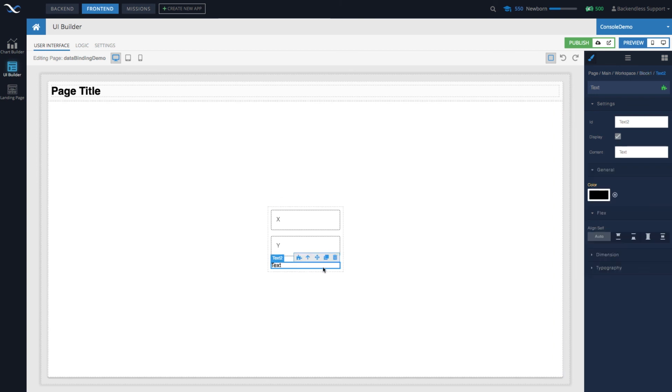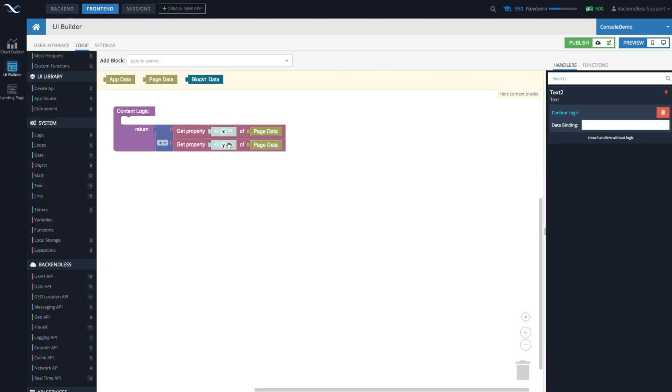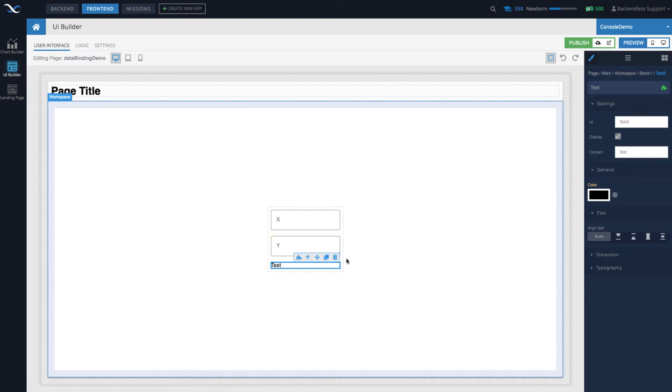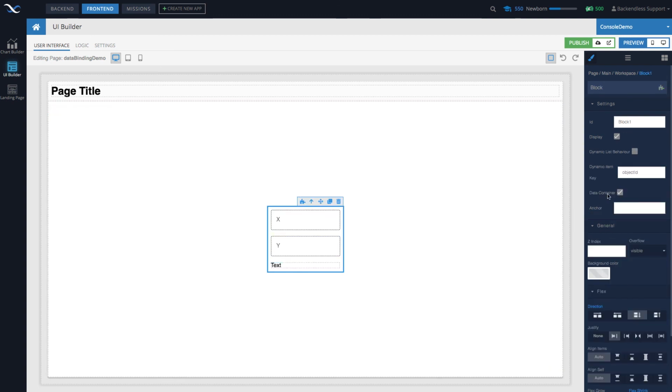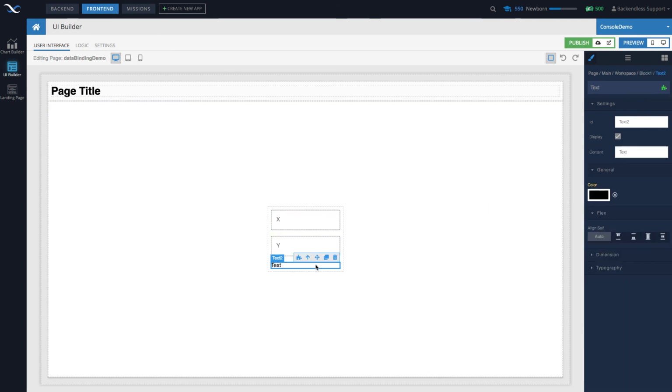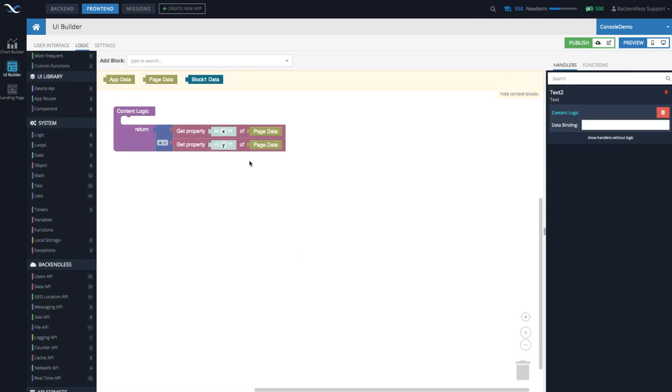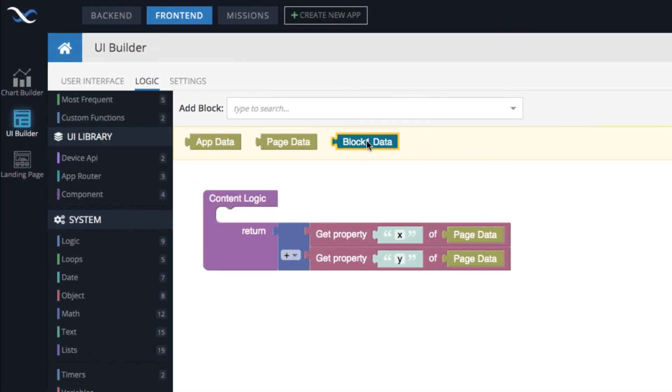In this case, if I were to run this application right now without changing this logic right here, it simply will not work, simply because the values of x and y are sitting in the block. And notice what happens as soon as I select the block and enable it as the data container. If I go to the logic for the label, in here we also get block1 data.